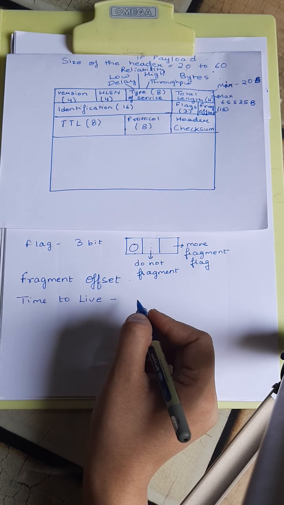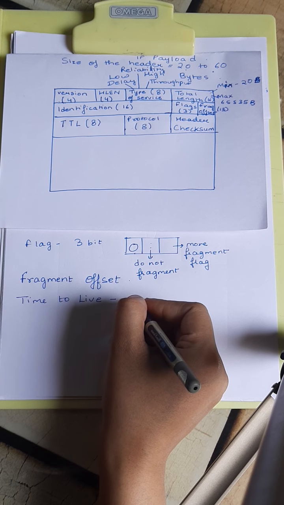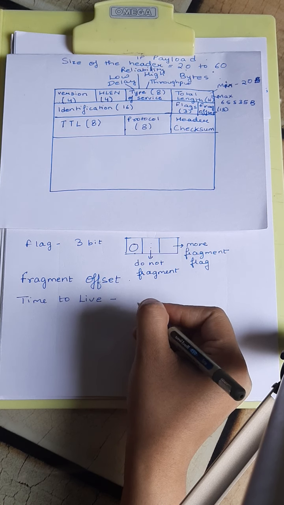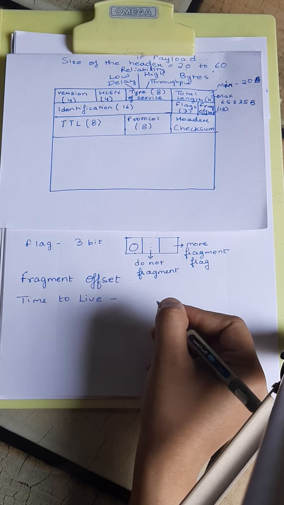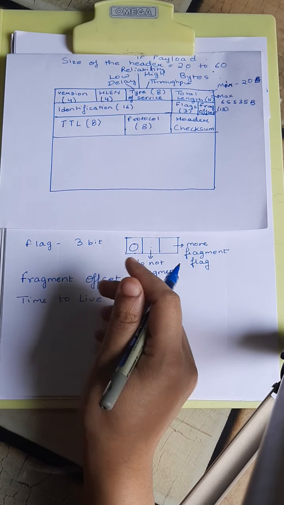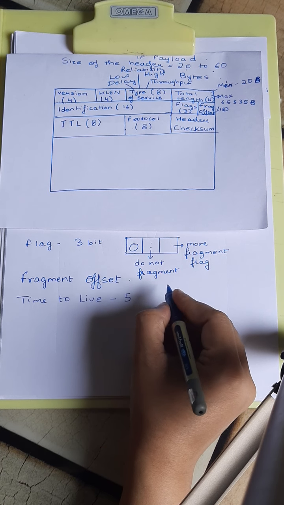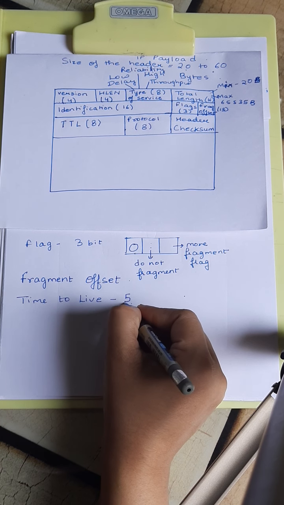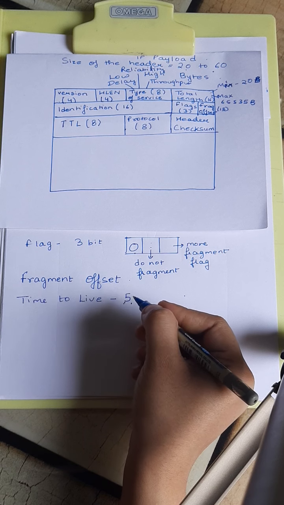Now what information do we get from this particular field? Time to live means each packet is sent with this value, which tells the network how many routers this packet can cross, and at each hop we have to decrement this value by 1. Suppose you are sending one packet and you have given time to live as 5. This packet is going from one router to the second router. When it reaches the second router, this value will be decreased by 1, and when this value becomes 0, the packet is discarded. This is done so that looping should not occur.